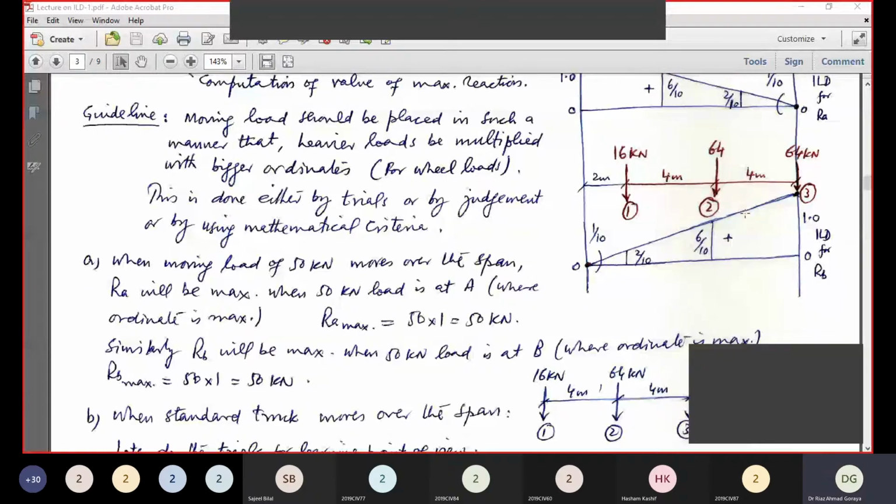Trial 2, wheel 2 at B, and trial 3, which will give the maximum value, trial wheel 3 at B. Because now you can see that इस अरेंजमेंट में इसकी मैक्सिमम वैल्यू आएगी, क्योंकि अगर आप व्हील 2 रखेंगे तो एक हैवी लोड बीम से बाहर होगा। दैट, असल में इसमें आपकी जो एक कॉमन सेंस और जजमेंट है ना, ये इसका बड़ा वाइटल रोल है इसके अंदर।